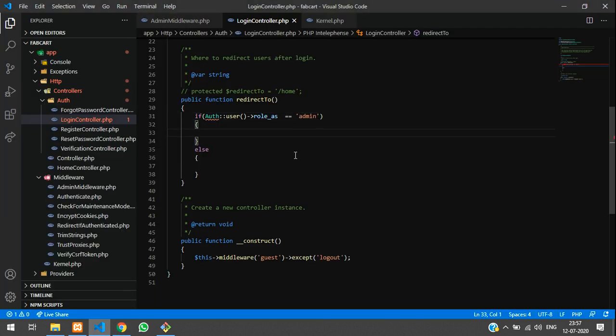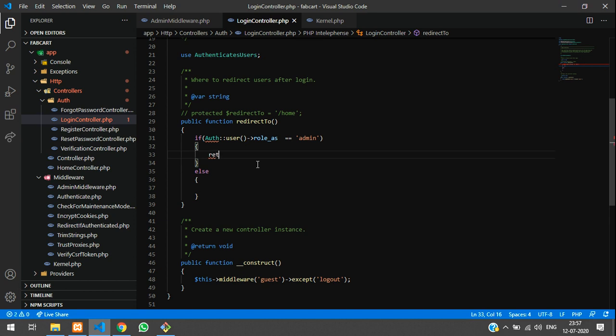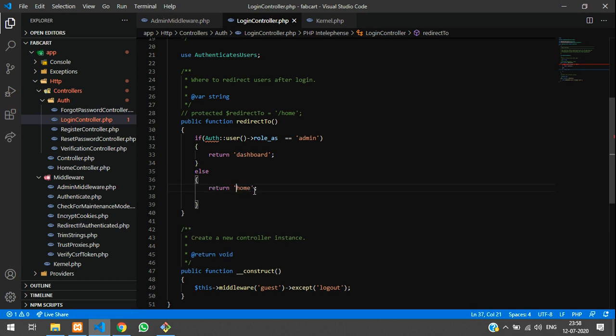Okay, so this admin is nothing but your data from this database user table. He should be redirected to your dashboard, return to dashboard. So make sure you have created this URL, I mean route, in your web route. We are not using any redirect function because it's already a redirect to function, so it is not required. You just need to call the dashboard word and it will return and pass into that configuration. So if he's a normal user, return to home. Copy and paste and tell home. That's it.